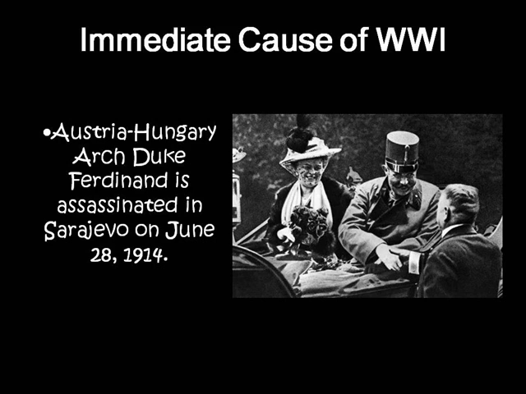Right, and that event occurred in June of 1914. The 28th, I believe. Correct. And at this time, the heir to the Austro-Hungarian Empire was visiting Sarajevo, the capital of Bosnia. So wait, what's the name of this Archduke of the Austro-Hungarian Empire? I believe it was Ferdinand. Was it Franz Ferdinand? Yeah, Franz Ferdinand.